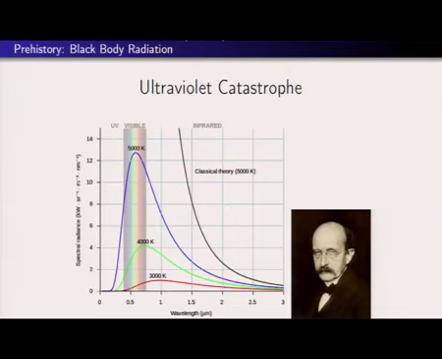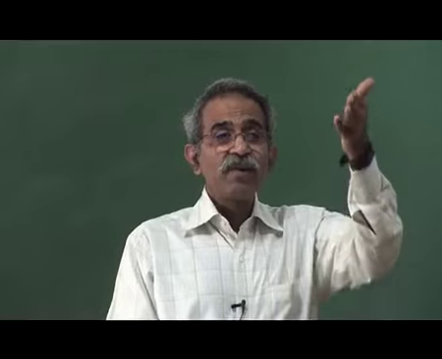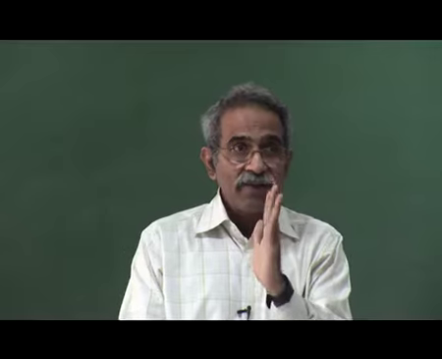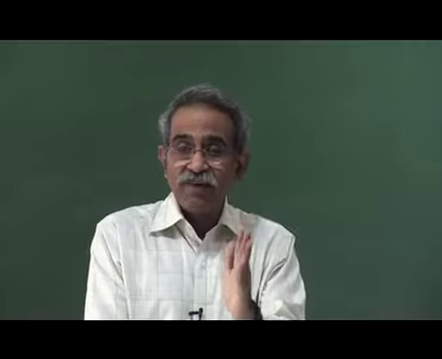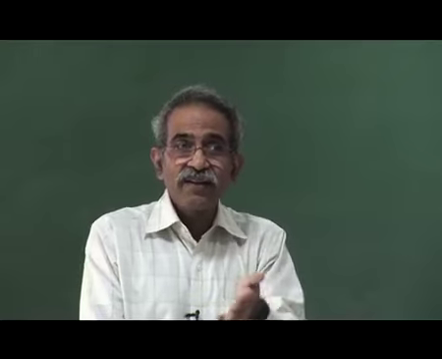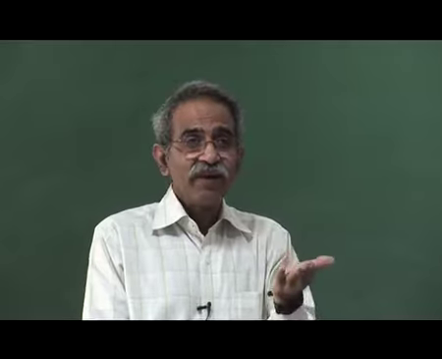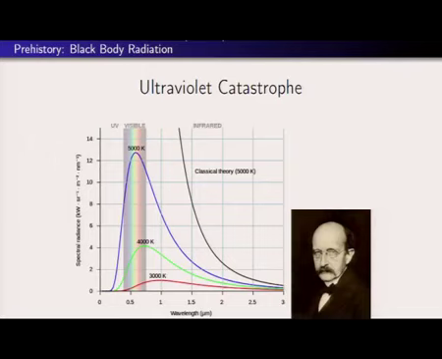Classical theory tells you that the intensity should go to infinity, it should diverge as the frequency becomes very, very large, whereas experiments tell us no, there is always a frequency at which the intensity is maximum. That is, there is a minimum wavelength at which the intensity is maximum, and after that, if I further decrease the wavelength or increase the frequency, the intensity will go down. So you see that there is a great discrepancy between what classical theory predicts and what experiments are finding.